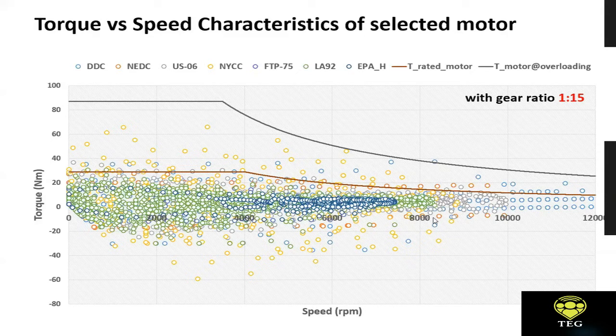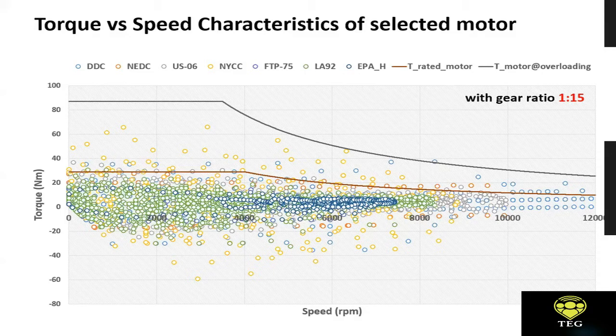Now with this kind of a plot, the question comes that what should actually be the characteristics of the motor to ensure that all the blue dots are covered. Okay, so the motor should make sure that all the blue dots should be covered. It should be able to meet each and every positive torque requirement. Okay, negative torque requirement would be met by mechanical braking and regeneration. Okay, but it is essential that all the positive torque values should be met by the motor. The motor should be able to give all the torque values for all the speeds given here in this graph.